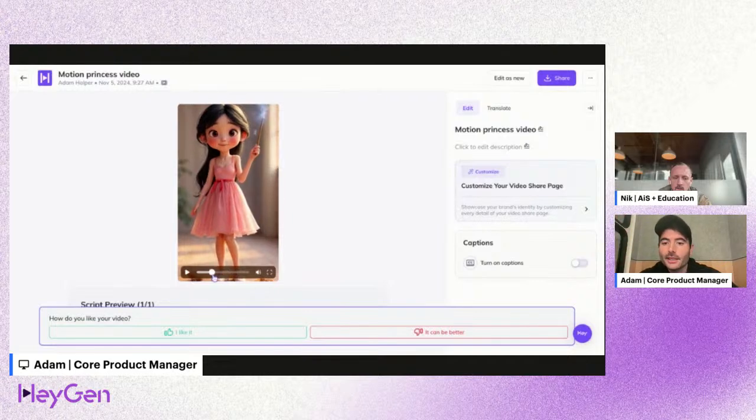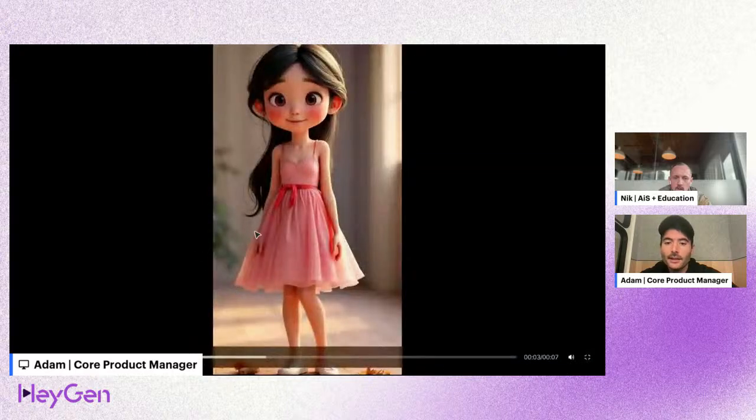But you can see here, the entire body, the hand movements, even the legs, the dress, even the hair. The hair moves when you add motion. So